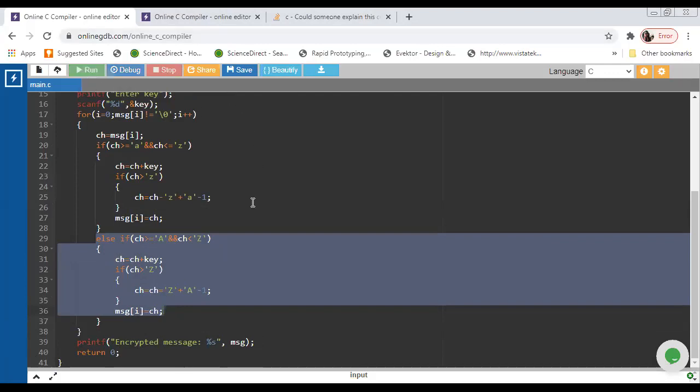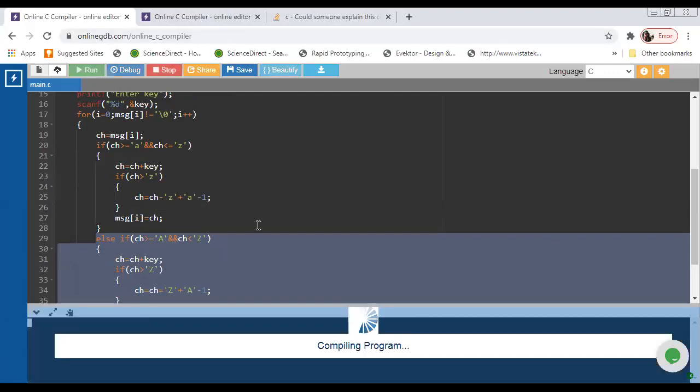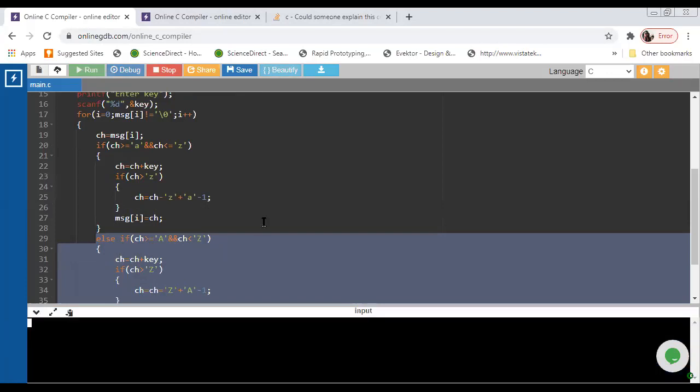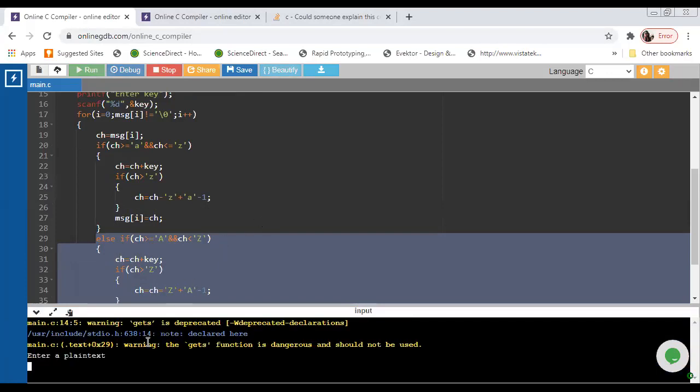Now let us run this program. Let us have HELLO. Now we are taking the value 3 as a key.